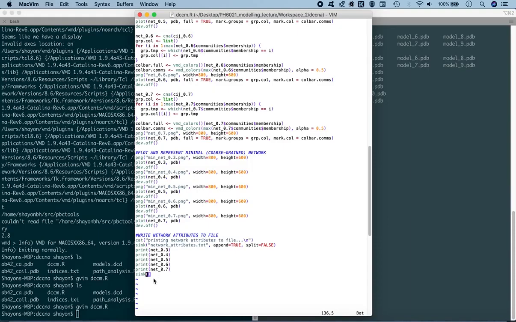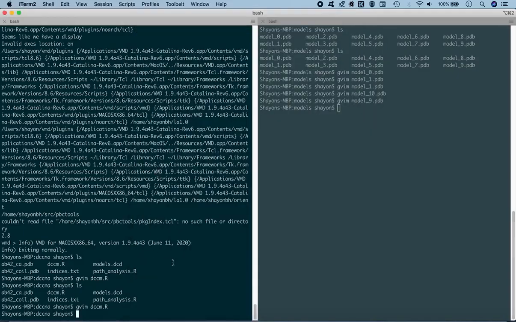So let's run the script first in order to generate the network maps, graphs, the community clustering, and the network attributes, and make a selection on the correlation coefficient based on which the optimal paths and the suboptimal paths will be generated. So let me close this first, and then we go back to the terminal,